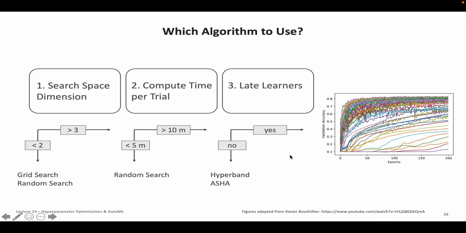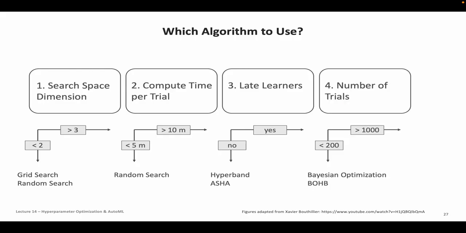I have to say, from experience, and again looking at these classical learning curves here, we usually see that the biggest improvement in performance happens during the first, let's say, 25% of training. So it's usually safe to say that machine learning models here are not late learners, and then you can very safely use methods such as Hyperband and ASHA. However, if you have this special case where your model could be considered a late learner,